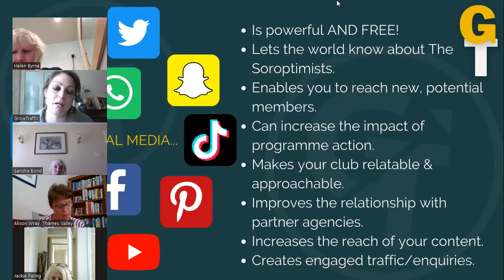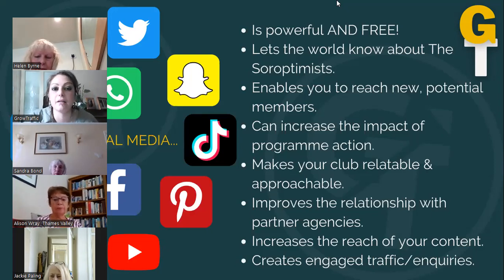Whereas now, because we can share that journey and that activity with them on social media, they can get on board a lot earlier. They can share it. They can help promote it. Again, they're aware of what we are doing as an organisation. So now, when you say to the people in the hospice, "Oh, I'm a Soroptimist," they know who you are and they know what you're doing, rather than you just turning up every 6 months with a check or whatever it might be.